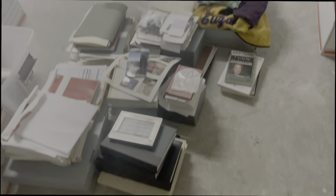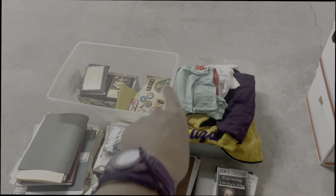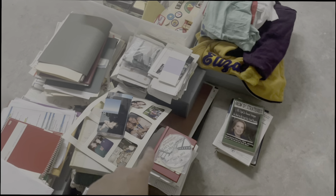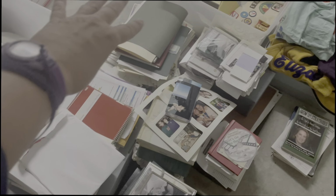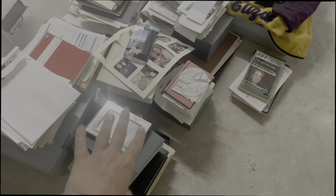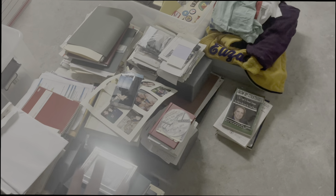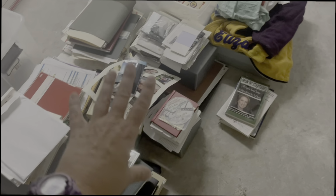Okay, here's all the stuff. We have books. This is photos and photo albums. These are all papers. And then here's some more photo albums too, including my wedding photos. So now that I have all the photos, I'm going to keep all the photos, but I am going